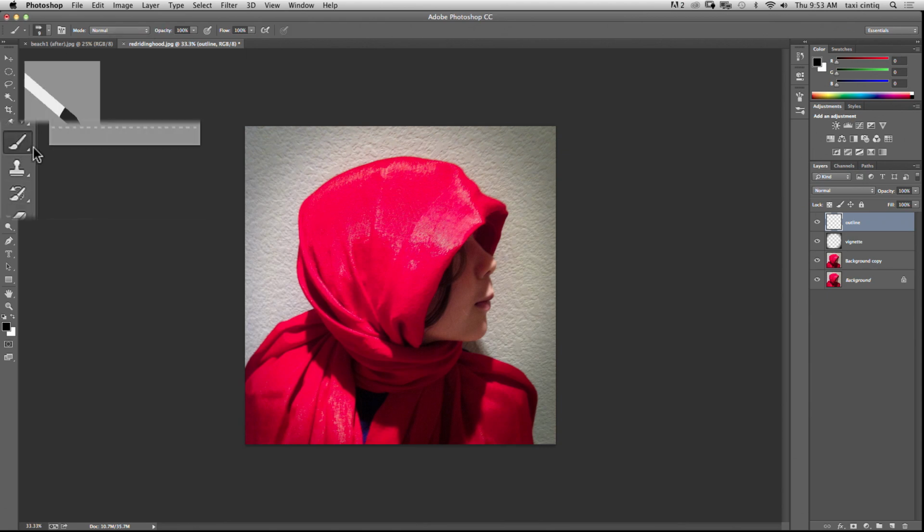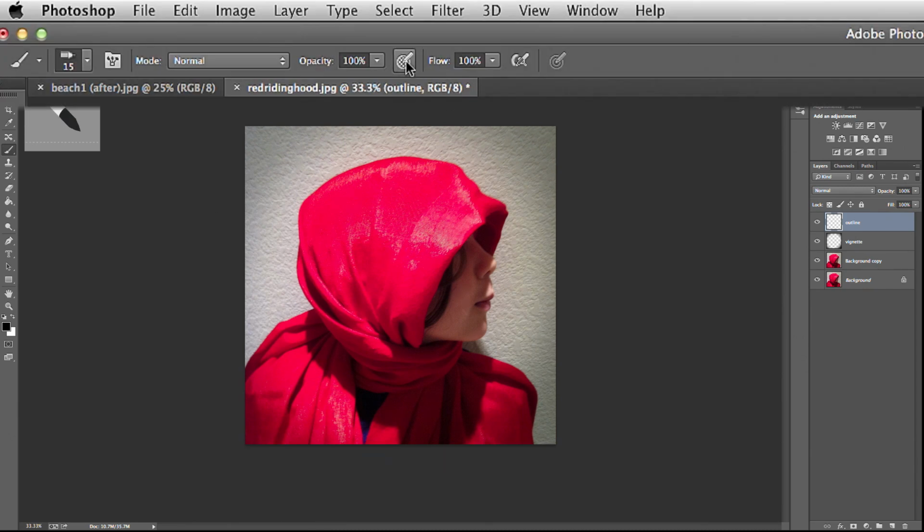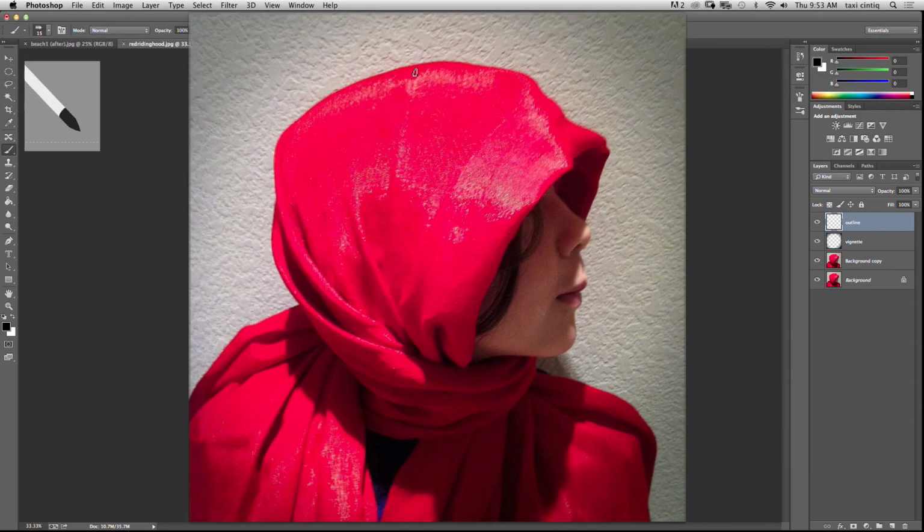And I'm going to go back to my brush tool, and I'm going to choose a brush with an erodible tip, and I'm going to just be drawing in black, kind of tracing around the edges. So I'm going to use my bracket tool to make it just a little bit bigger. And once again, you can choose your opacity or flow, or if you want it to be pressure sensitive or not. And just kind of very lightly sketching around the outline